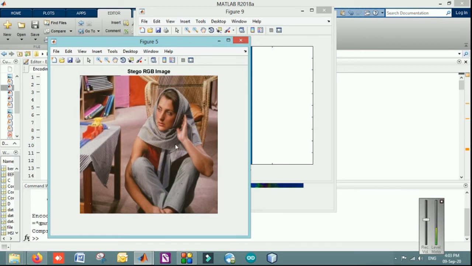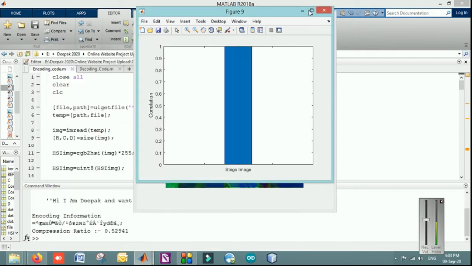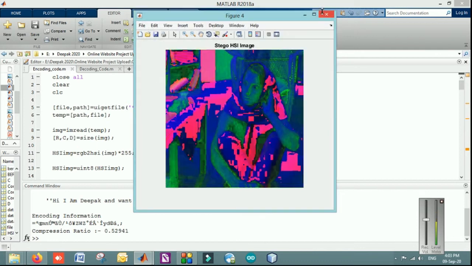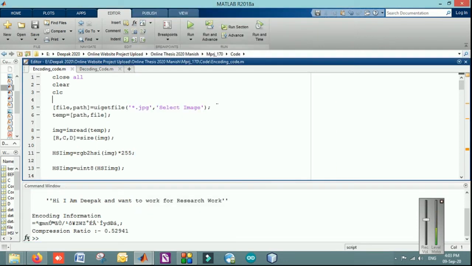Even it is in a colored image, not grayscale, because most of the work is done for grayscale images, but we have done it for colored images. You can see the variations are barely visible in this image. The factors are calculated by computing the PSNR, bit error rate, mean square error, and a number of other factors. So encoding provides security to the data, along with hiding it in any of the media for performing cryptography or image steganography.